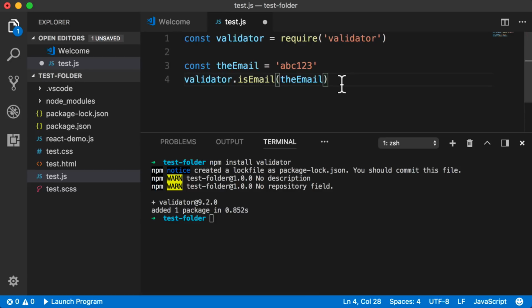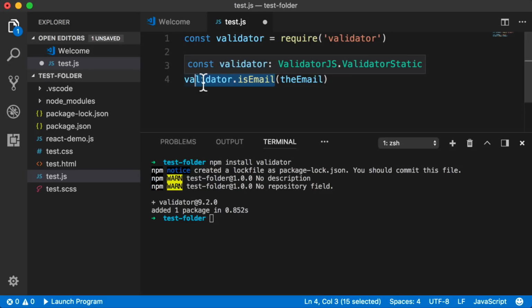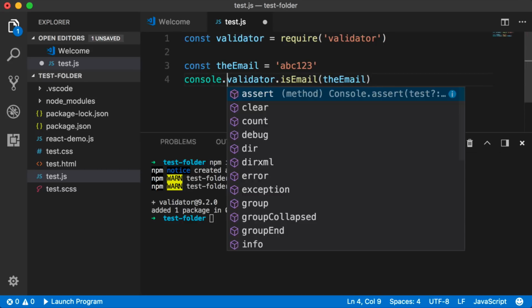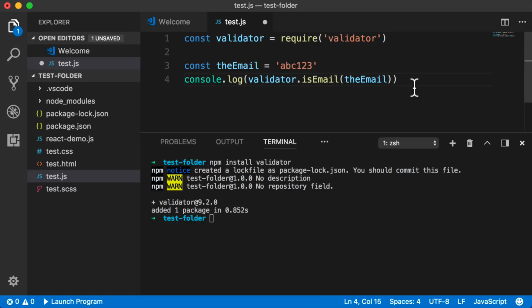Now, speaking of IDEs, we might want to debug or test this code. So first, this isEmail method is going to return either true or false. So why don't we console.log that? So at the beginning of this line, console.log. And now if I want to run or test this code, my first option is to pretend that I'm using a minimalist text editor. So down in my command line, I could just run node and then the name of this file, right? Now you need to have node installed on your computer to do this,